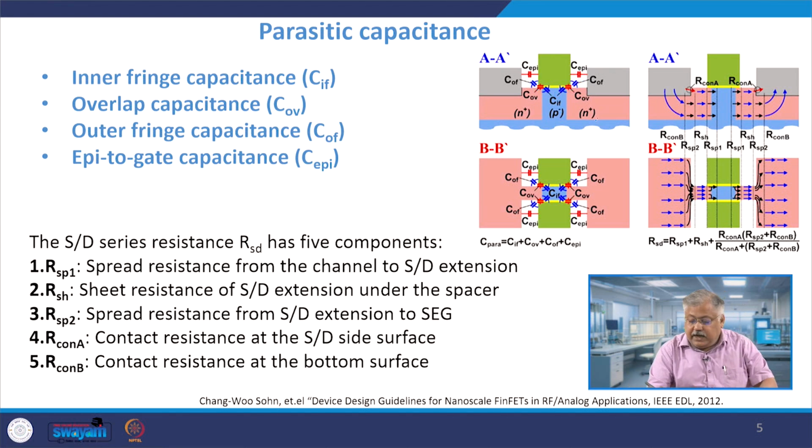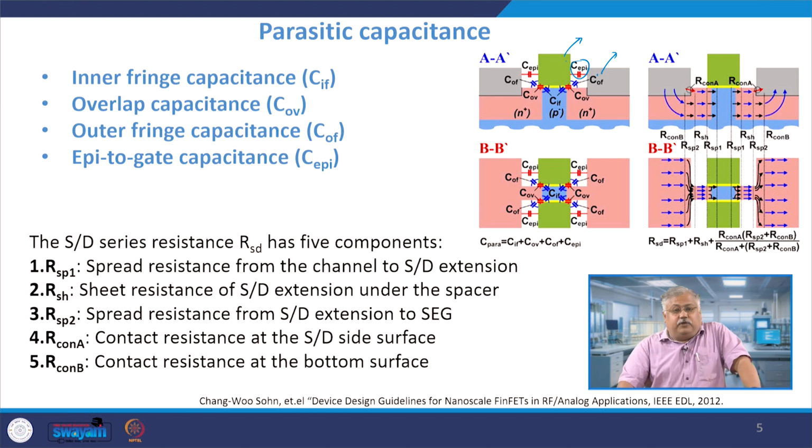So, AP to gate is what is shown here. So, this is your AP to gate. This is your gate and this is your AP layer which you see, and the red colored is basically my AP to gate. So, these are the 4 basic parasitic components, and there are 5 resistive components referred to